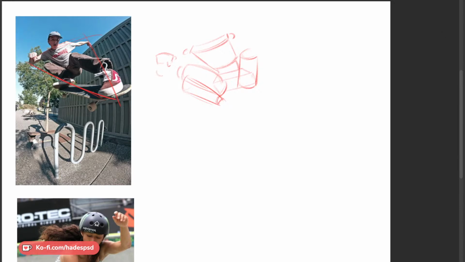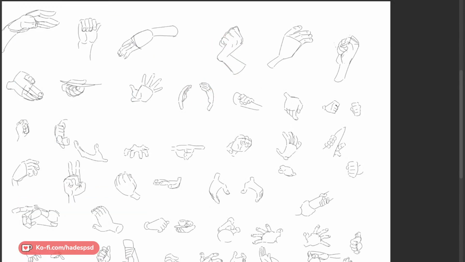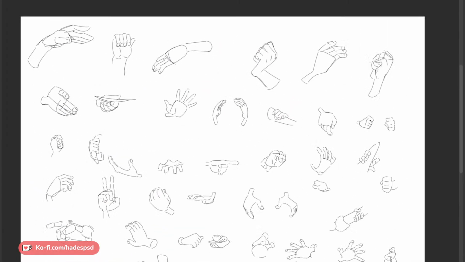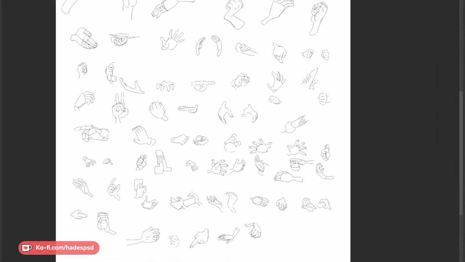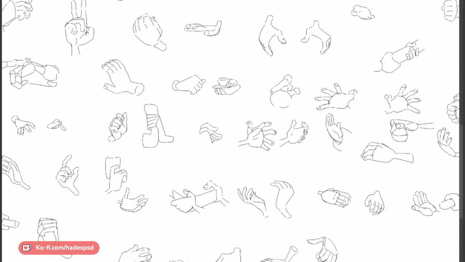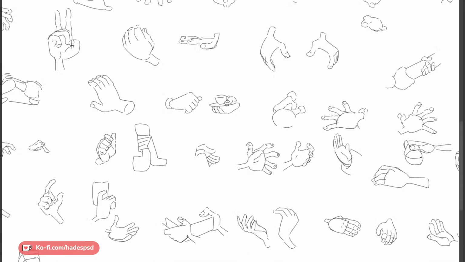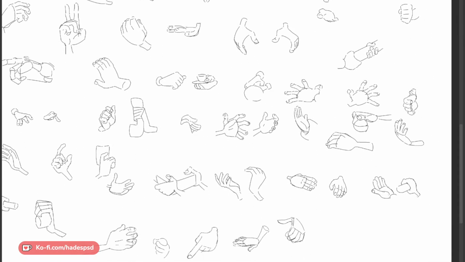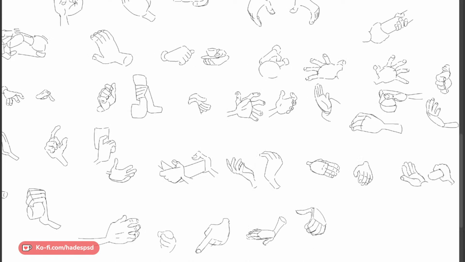Yeah, let me show you the hand studies I've been doing actually. It's just copying hands from Disney movies. And I'm using, what do you call that? Lines without any line weight variation. So it's not the best brush to use. It's hard to make it look good, but it's good.